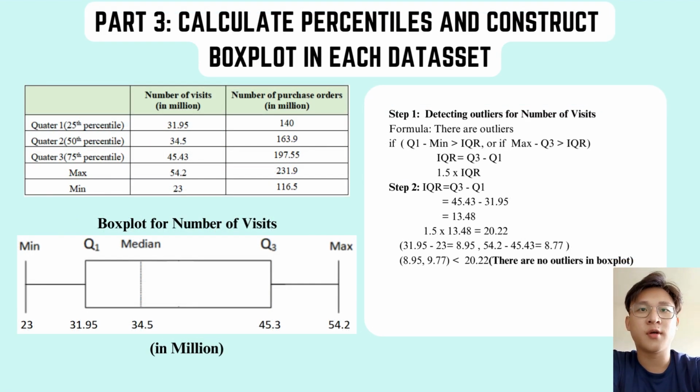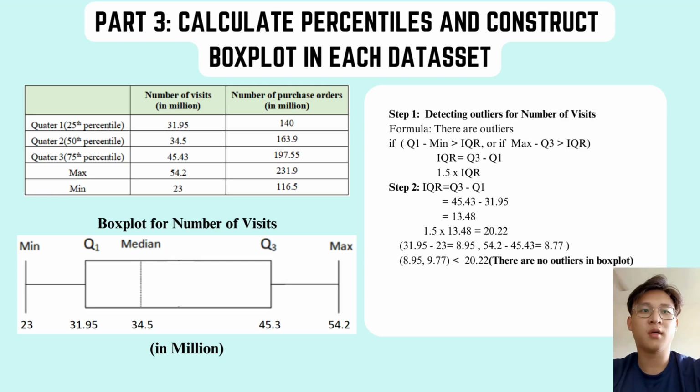And now we will construct the box plot for each dataset. So for the number of visits, quartile 1 is 31.95, quartile 2 is 34.5, and quartile 3 is 45.43. The maximum data of the number of visits is 54.2, and the minimum data is 23. Before constructing the box plot, we need to detect the outliers for the number of